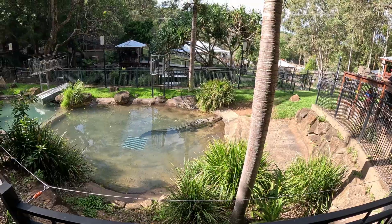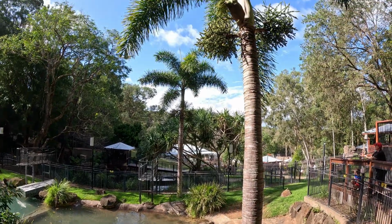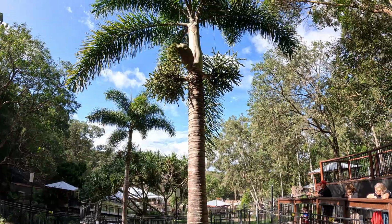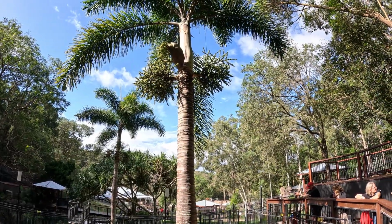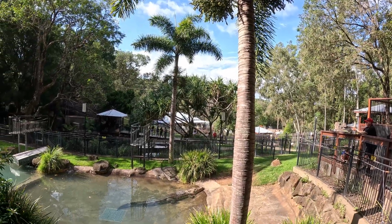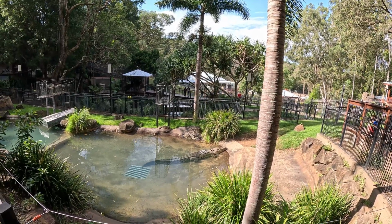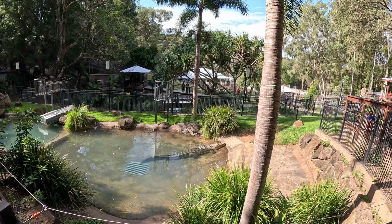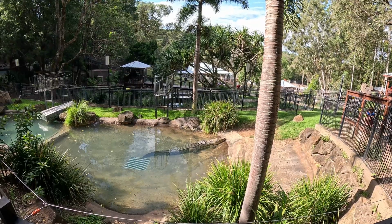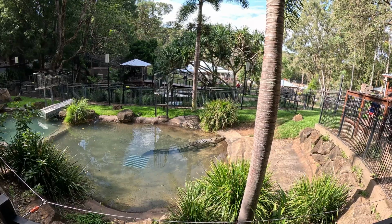Absolutely huge crocodile. The airport is very close to this park. I don't know if the animals are bothered about this noise. I'm pretty sure that they don't like it, but well, the park has been here since 1947. I don't know when the Gold Coast airport was constructed, but